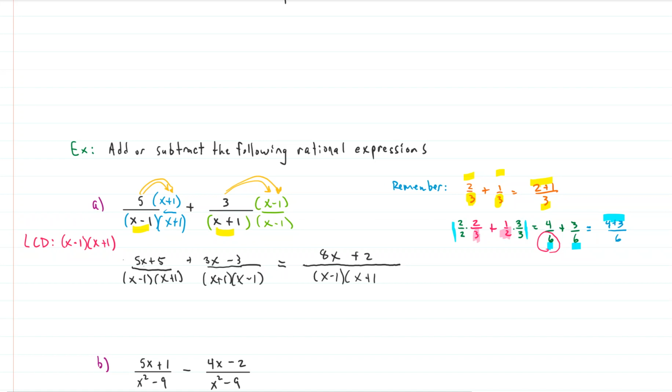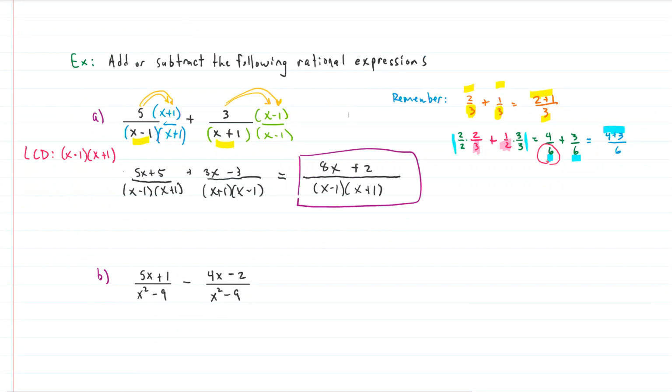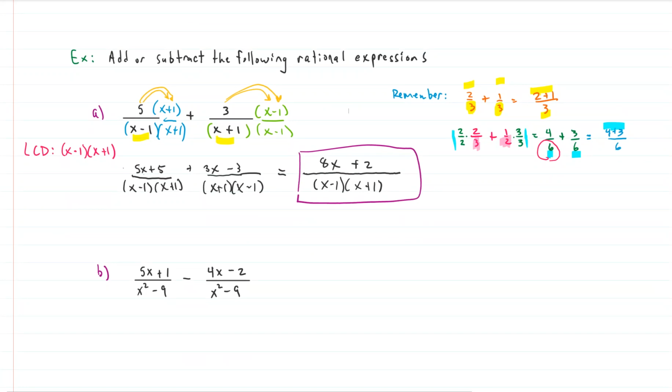And we are done. Our next example is example B, in which we're subtracting two rational expressions. The first one is 5x plus 1 on the top and x squared minus 9 on the bottom. The second one is 4x minus 2 on the top and x squared minus 9 on the bottom. We look at them and we're like, sweet, that's kind of nice. We have the same thing in the bottom for both of them, so we can simply distribute the negative and